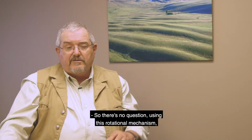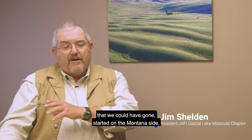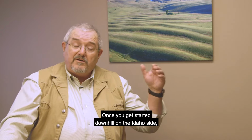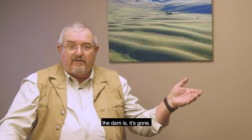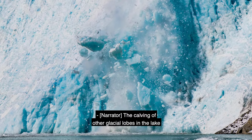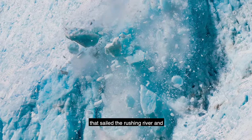So there's no question, using this rotational mechanism, that we could have started on the Montana side and eaten clear through the core of the dam and gone out the Idaho side. Once you get started downhill on the Idaho side, the dam's gone, because now you're working downhill on ever thinner, weaker ice. The calving of other glacial lobes in the lake launched thousands of icebergs in a navy that